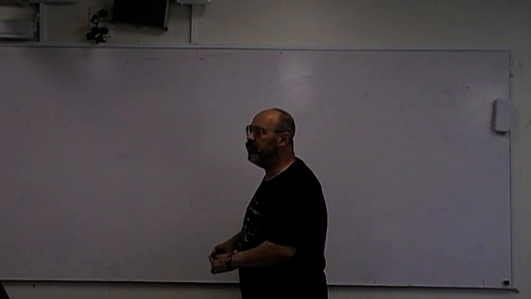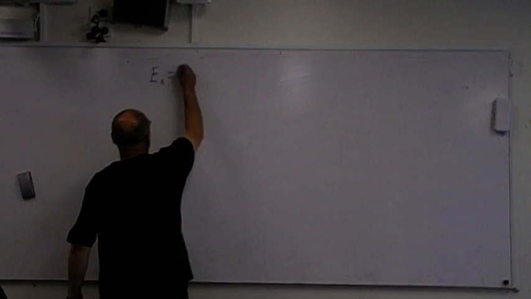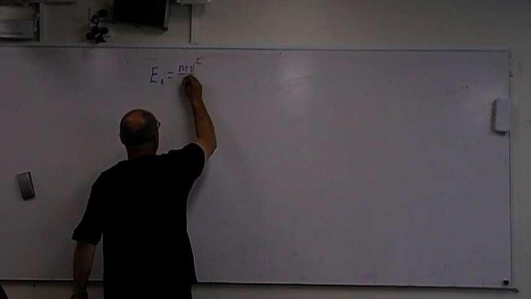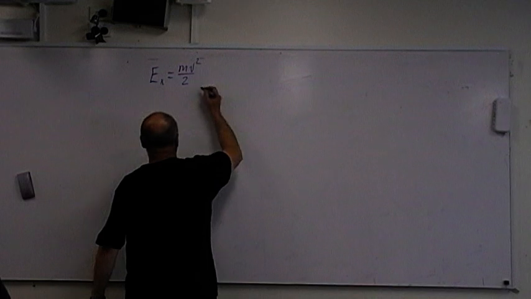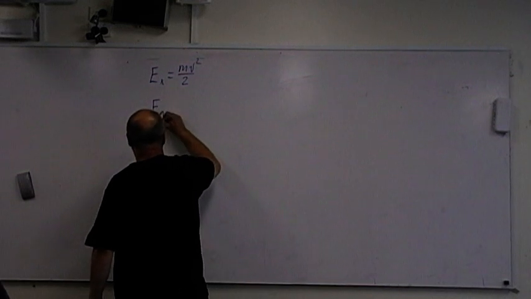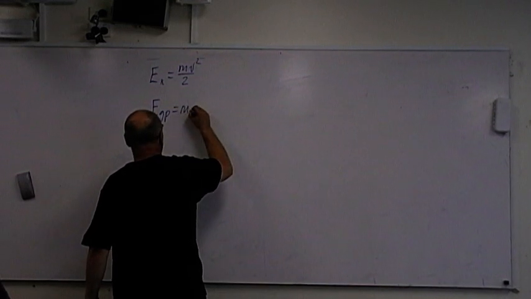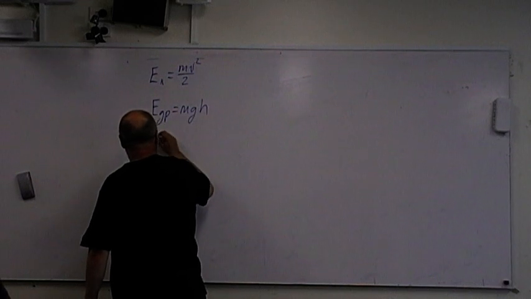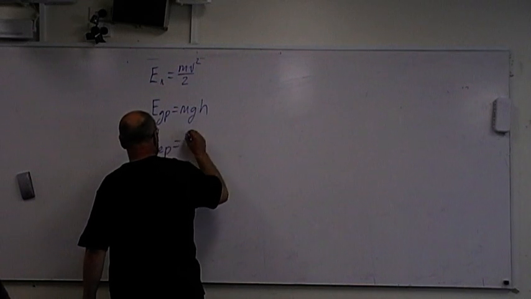So today we're looking into the energy, into the mechanical energy. First of all, you know that there are three types of mechanical energy. There is kinetic energy, mv squared on 2. There is gravitational potential energy, which equals mgh, and there is elastic potential energy, kx squared on 2,